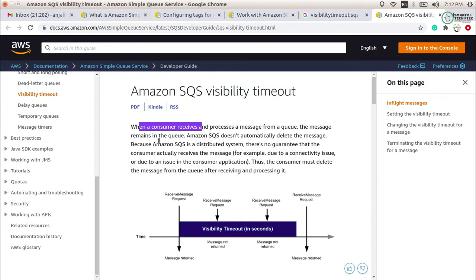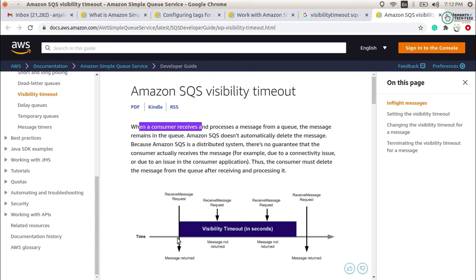Now there may be a case that, while processing and before the delete operation, it takes a few milliseconds. Say the processing time is 10 ms; within those 10 ms, another system may consume this message and process it again. So you want that once the message has been read, it should wait for some time before being read by another system. That time we have to provide using the visibility timeout.